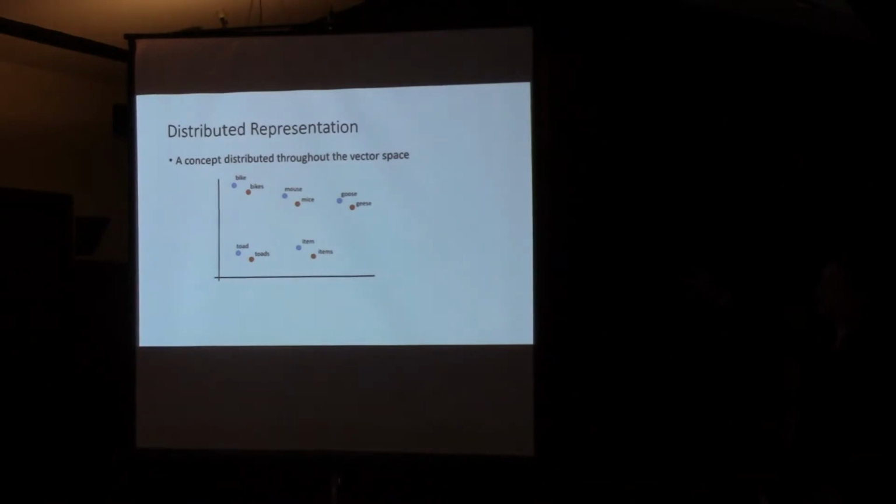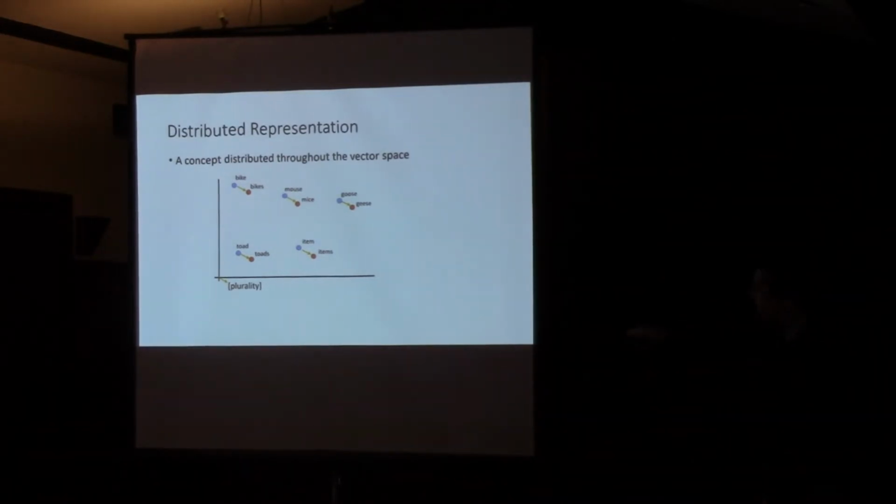Singular, plural. Singular, plural. What else can we observe about their positionality? The plurals are lower and shifted to the right. Okay, so it seems like the plurals have a similar relative relationship to their singular. So that would be considered a distributed concept, plurality, right? Because it has this same relationship to the singular across the space. So it's distributed throughout the space.